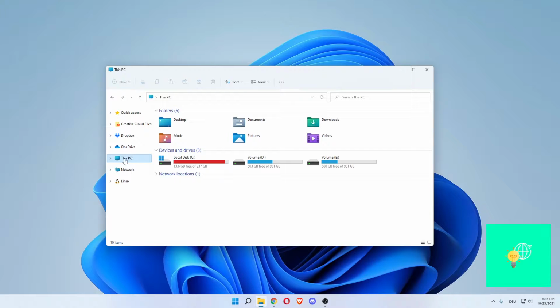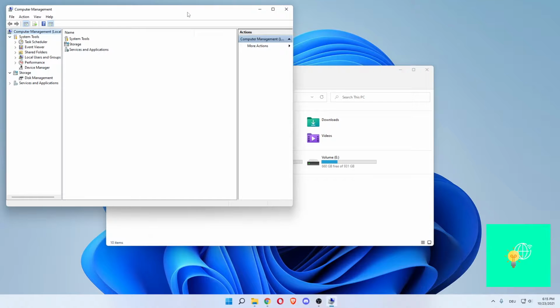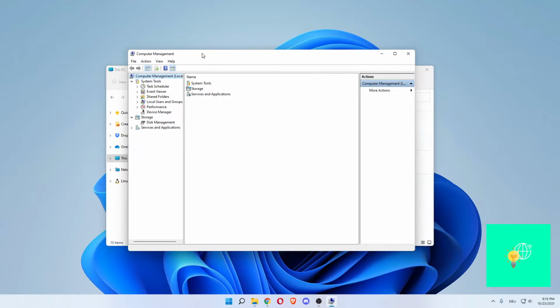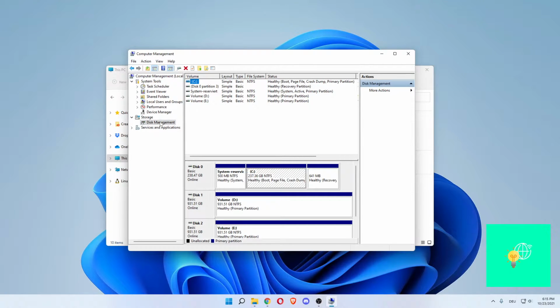Go to This PC on the left. Now right click it and go to Show More Options. Now the second one from the top would be Manage. Click that. This will open up the Computer Management, and under that there's Storage, and what you want to click is Disk Management. This might take some time to load depending on how many disk partitions and hard drives you have on your